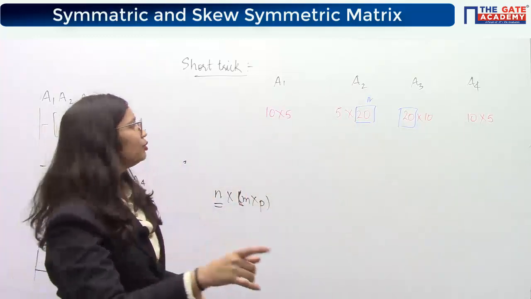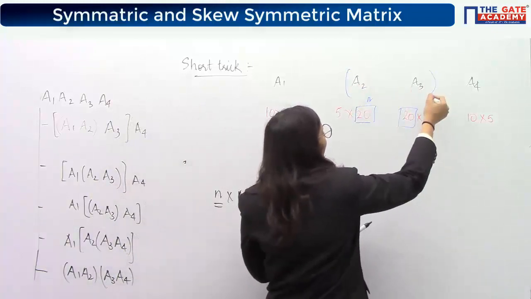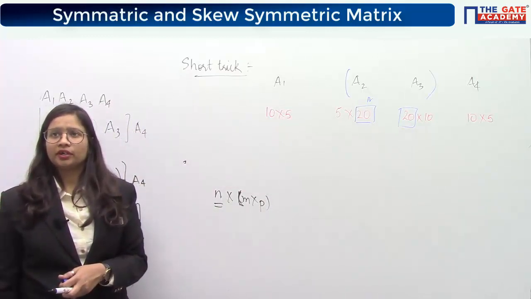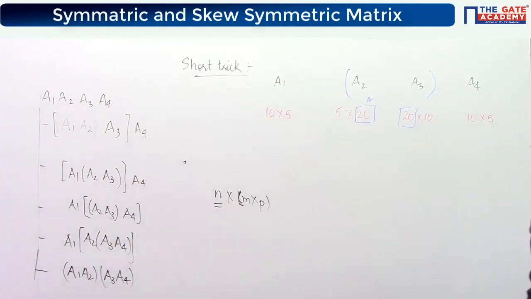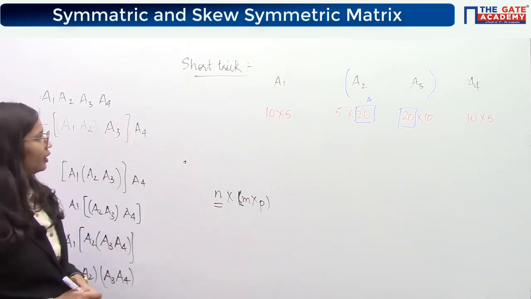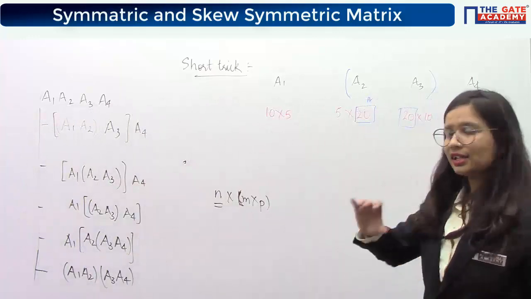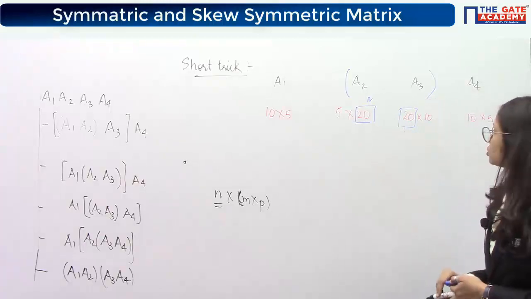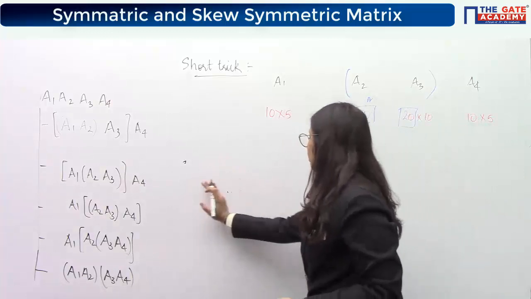So understood? What will I do to make this n? What will be the multiplication required? I'll just multiply a2 and a3. Understood or not up to this point what I'm trying to say? Please reply if there is any doubt, or should I repeat it again? Done? Write down the matrices in the order of the multiplication required, then place their orders below them, and then just look for the highest number available among the orders and make that highest number your n. So this is to be made n, that means you should multiply a2 and a3 first of all.